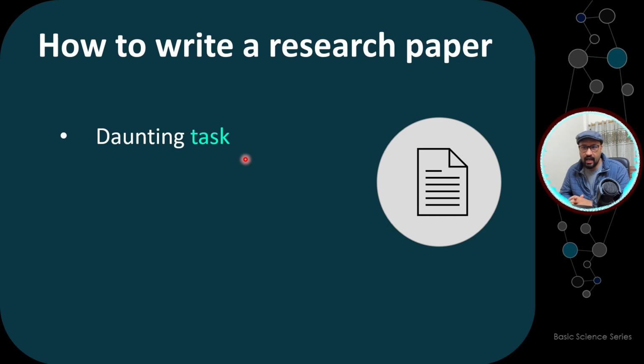But if you have that urge or interest in writing scientific manuscripts or some other sort of writing, then probably it is going to be interesting for you. But when you write a research paper, it's not going to be an informal or very interesting piece of writing. It will have a lot of data and a lot of references, so that is going to take a lot of time.